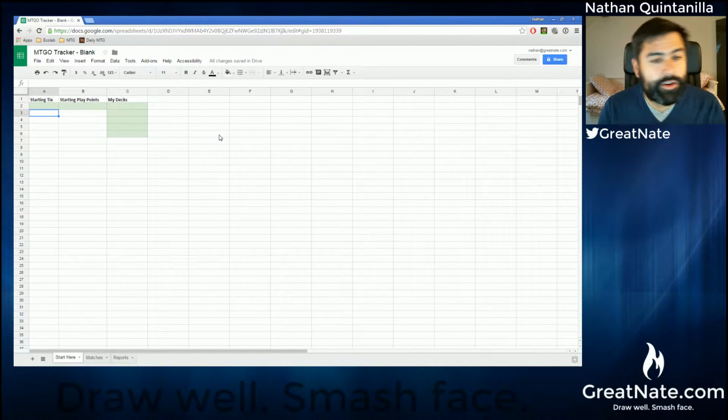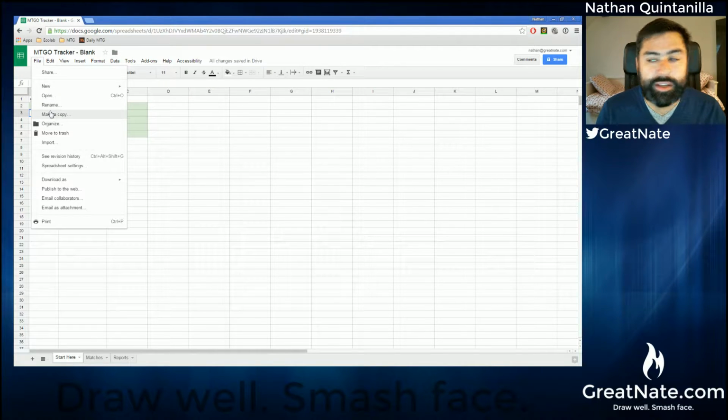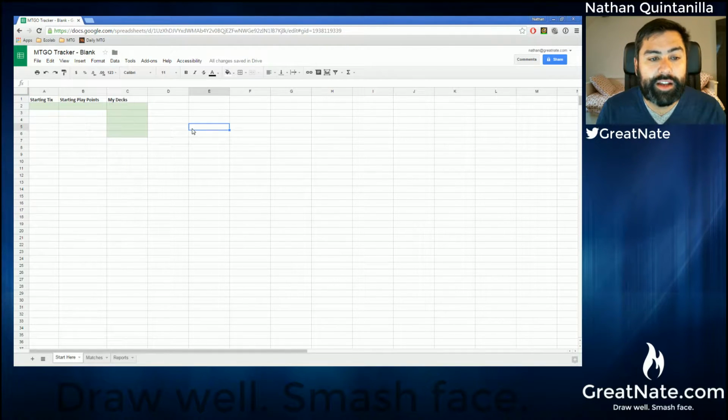So let's get started. The first thing you're going to want to do after you click on the Magic Online link is this sheet is not going to be editable. So what you're going to want to do is go to make a copy, and this will allow you to make a copy from my Google Sheet, which will just be viewable, to your Google Sheets where you can actually edit it. Now the way that you get started using it is there's a tab called Start Here,